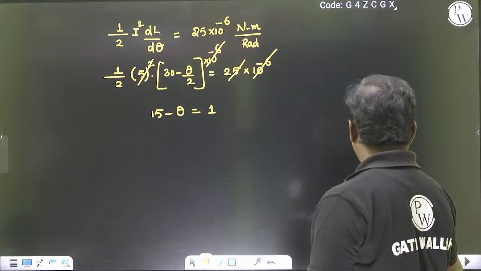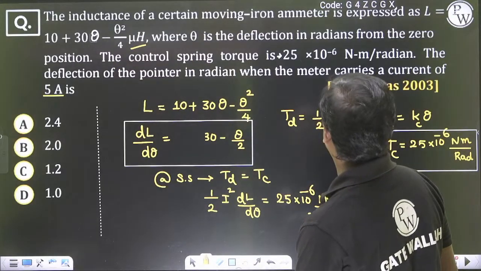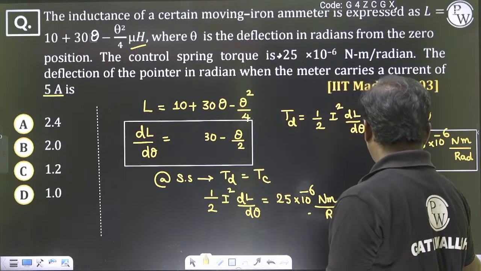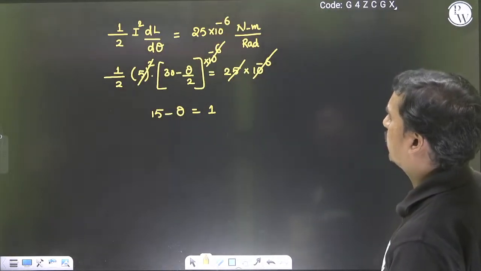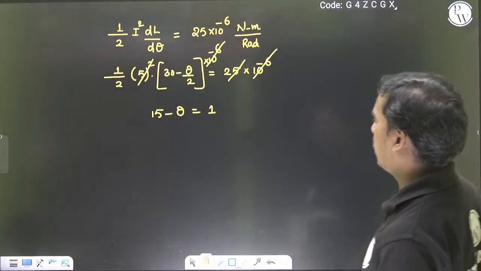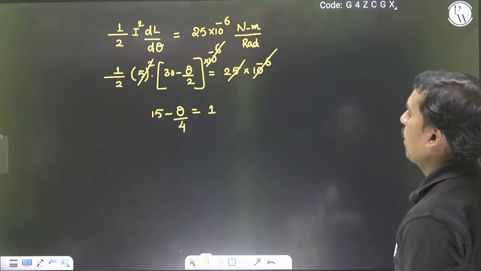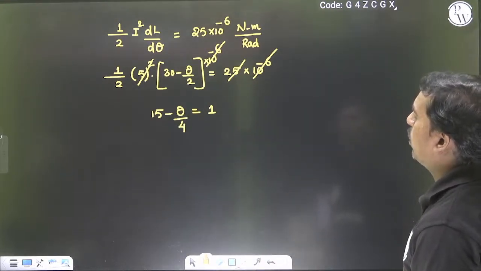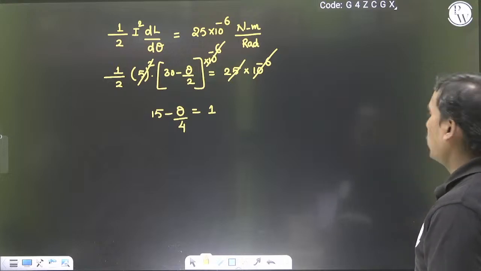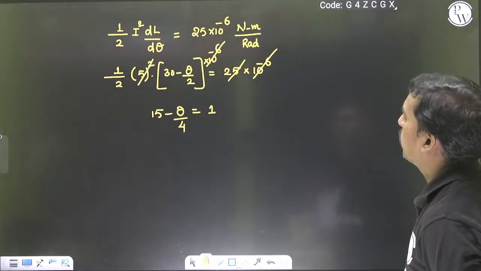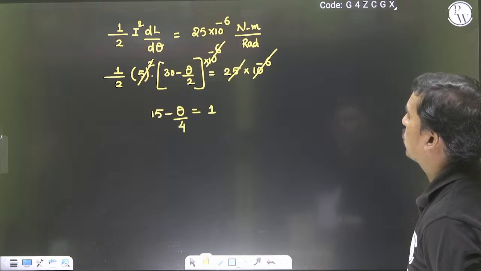The deflection of the pointer is being asked, right? Any mistake we have done? 1 by 2 I square 25, this dL by d theta is equal to 30 minus theta by 2, that is also correct. 10 power minus 6, 10 power minus 6 cancel, 5 square,